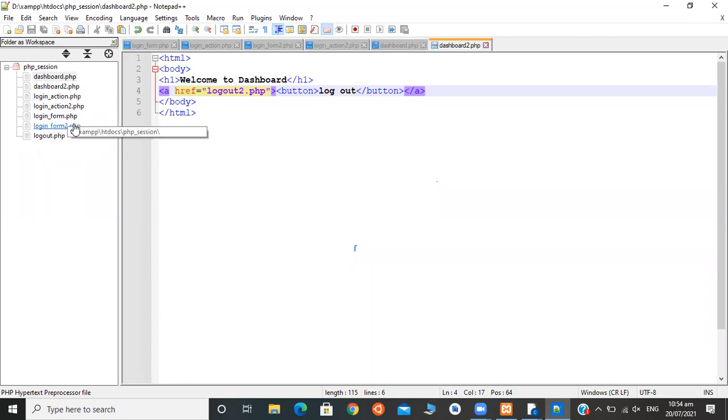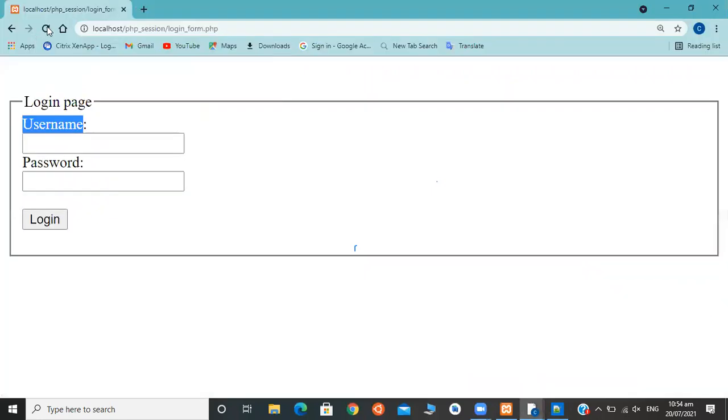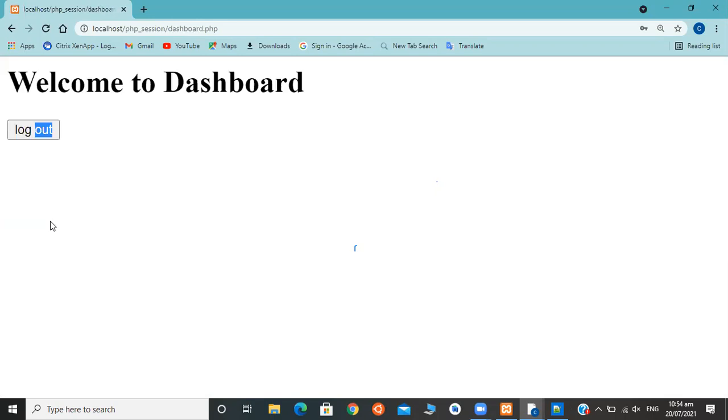Now I'm changing my key. So let's see what it will do. Admin @123, welcome to dashboard.